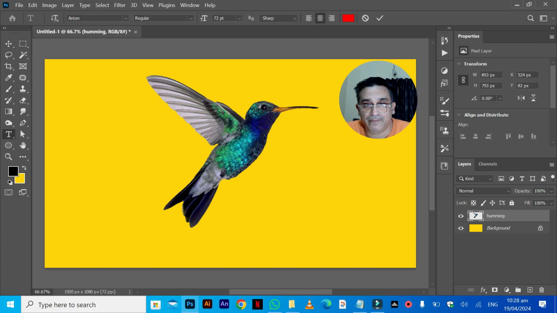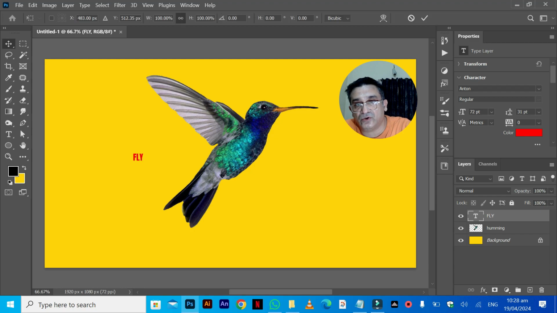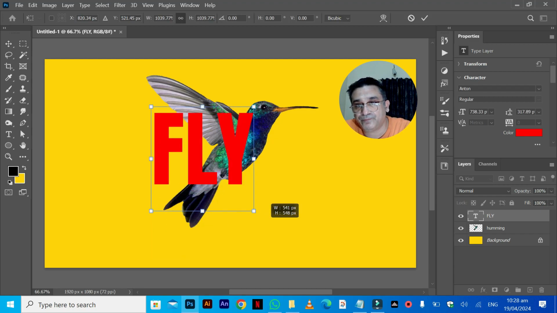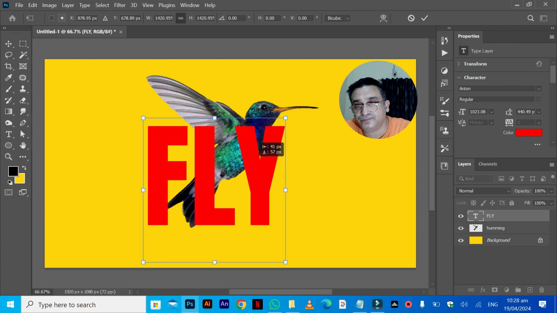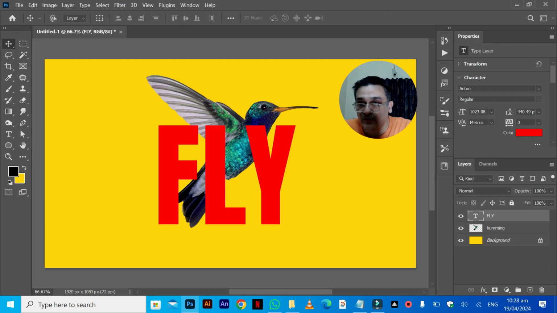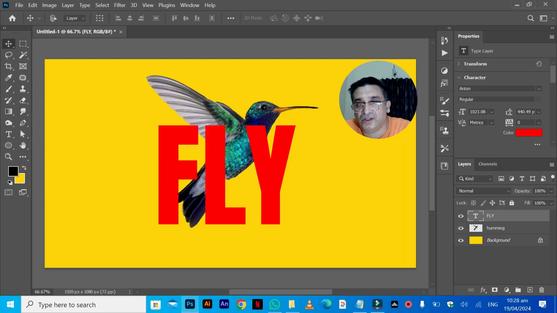Now I am going to type FLY in the font and tone. Now I simply press Control T to increase the size of the text like this. All right. Okay, we don't need that red color here, so I'm going to bring the flower background on top